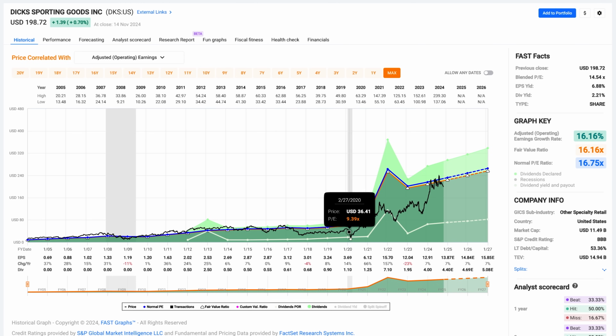They grew earnings dramatically. The stock price really reacted. They paid a special dividend of $6 or $7. I'd have to go look in 2022. They have a January fiscal year. And then the stock is now trading at about a 16 multiple. By the way, it has a 2.21% dividend yield, triple B rated, and 53% debt.